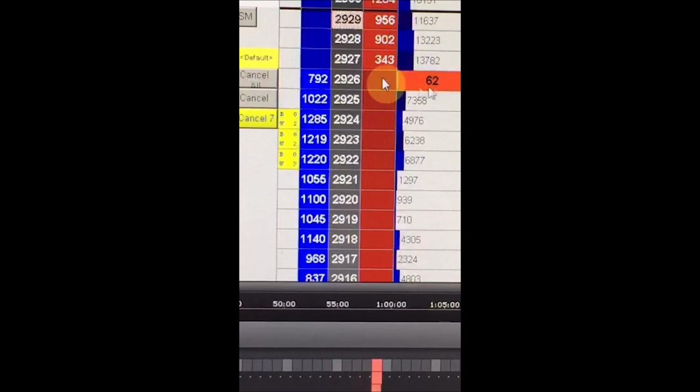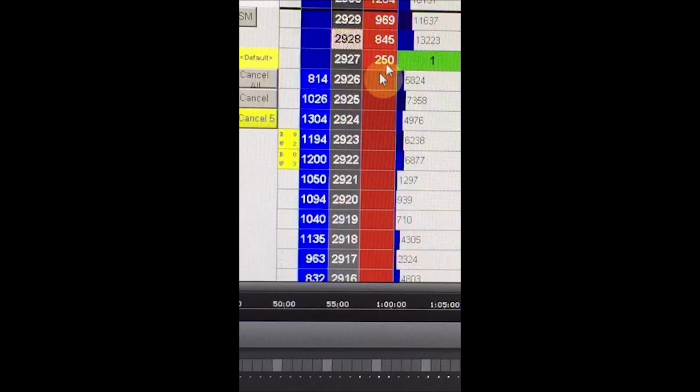So the first time, 62 lots traded, it says 26s. Again, we saw a little bit of a lift at 27s, but note what happened. Instant reload on the 27. So the price that was being reloaded by buyers is now being reloaded by a seller. And another reload at 27. Okay, let's see what happens now once the seller realizes that the buyer has completed his order and he finishes out his order to the downside.